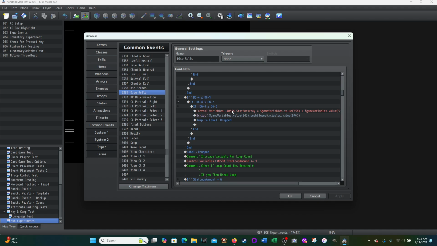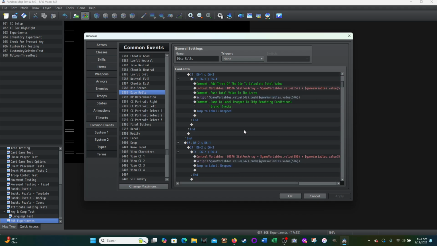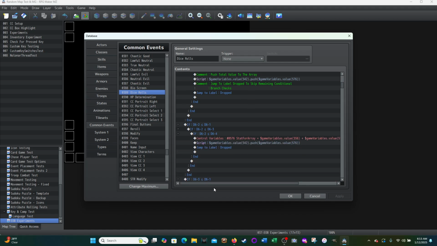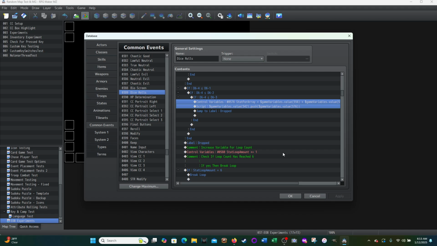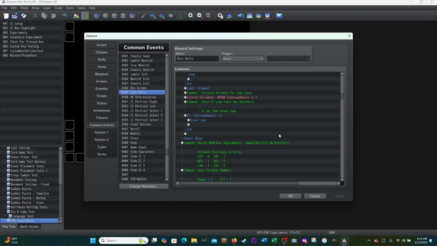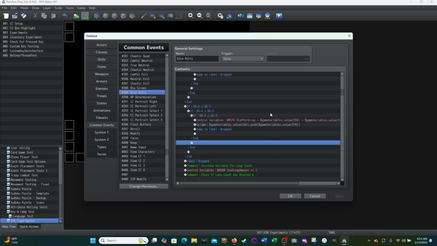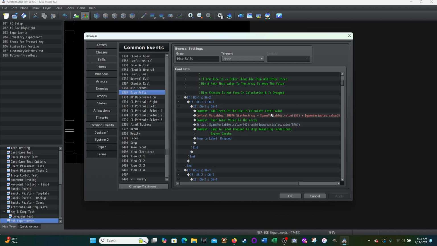We could have just had this and this, right? Because if this isn't true, and this isn't true, and this isn't true, then these have to be true. So we could have just done this, and then had it continue flowing. But regardless, I just built it the way it was, and it worked fine. So now, increase variable for loop count, right? Because we're still inside that loop. And remember, these